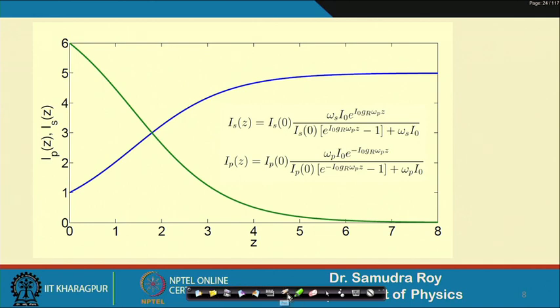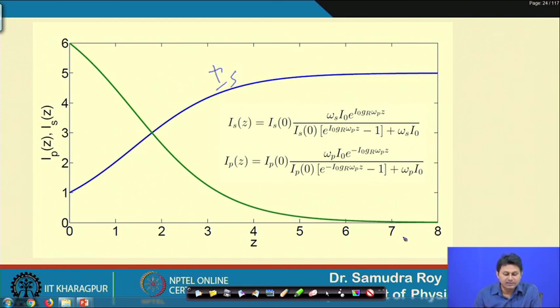Now, the next thing is to plot these two. If we plot these, you can find that the plot is completely different from the exponential growth, and it is a more logical, more realistic plot. This is basically I_s. I_s gradually increases and goes to some saturated value, because it is not that if you increase the z length it will increase every time. There will be some kind of saturation. With the increment of length, I_s increases in the initial part and then saturates, and I_p will go down because it gives its energy to amplify.